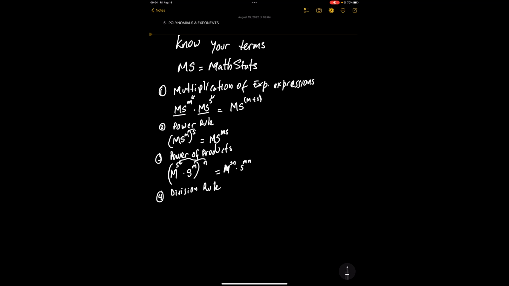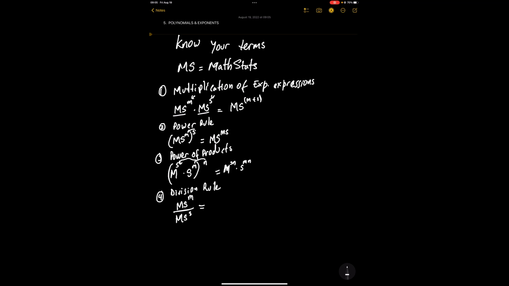The division rule basically says that if you have the same base, say you have m as your base, so you have m to the power of s over m to the power of t. Because you have the same base,